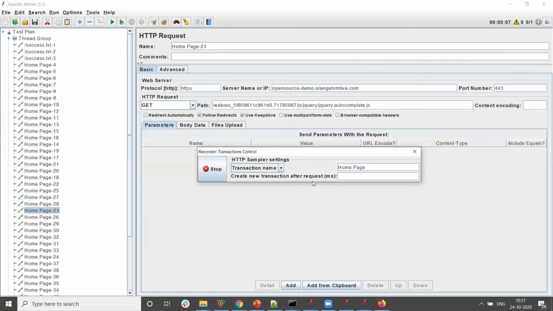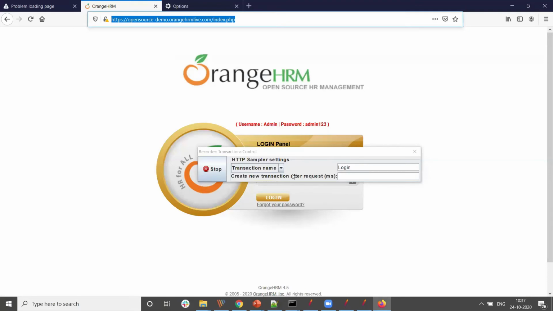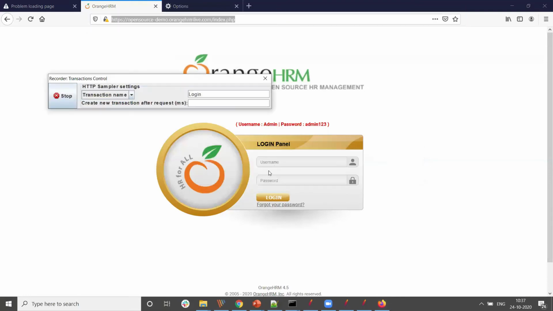Now, I'll do the login, and I'll log into the site, which is admin, 123. It should work.